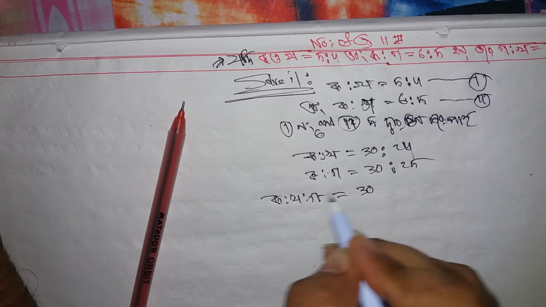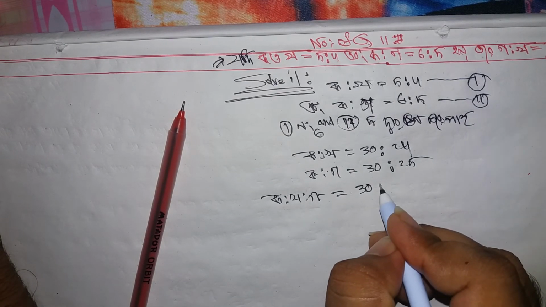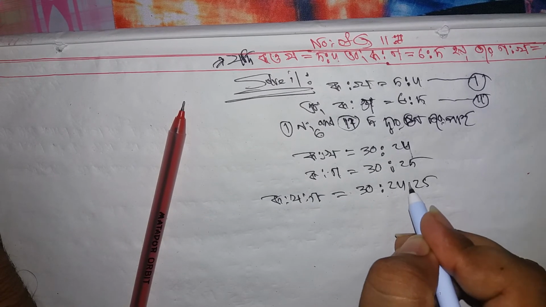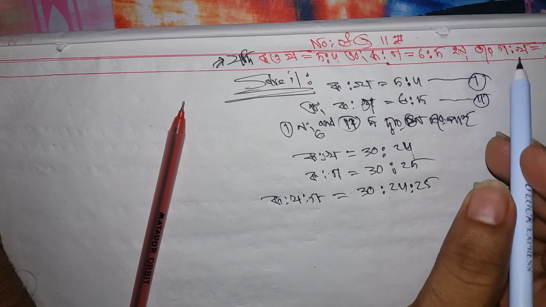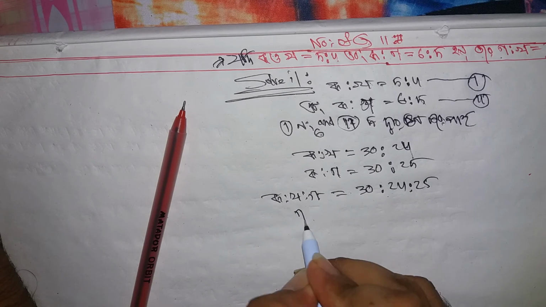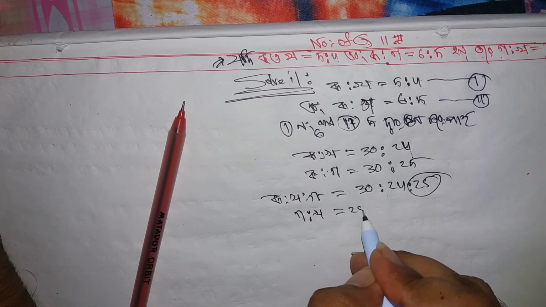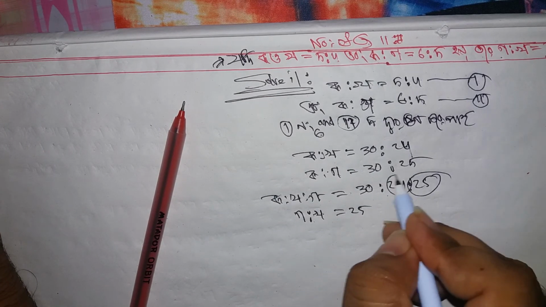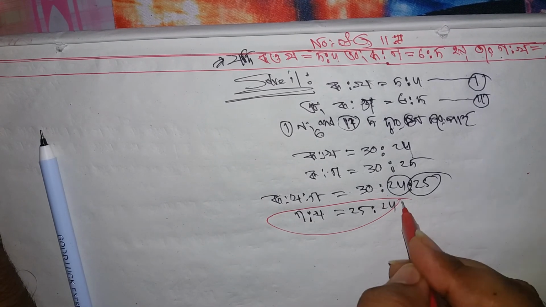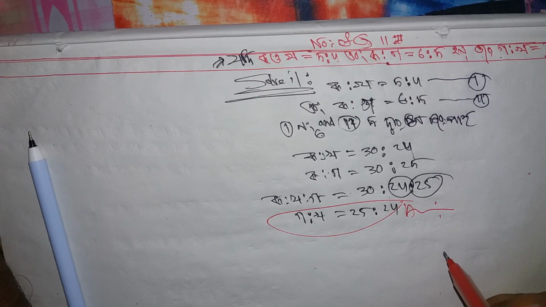ক এর অনুপাত দেন হচ্ছে 30, is to খ 24 and গ 25. So I can identify the গ and খ এর অনুপাত, গ is to খ equal গ that's mean 25 and খ that's mean 24, 25 is to 24. This is the answer number of question 11. আশা করি তোমরা বুঝতে পেরেছো।